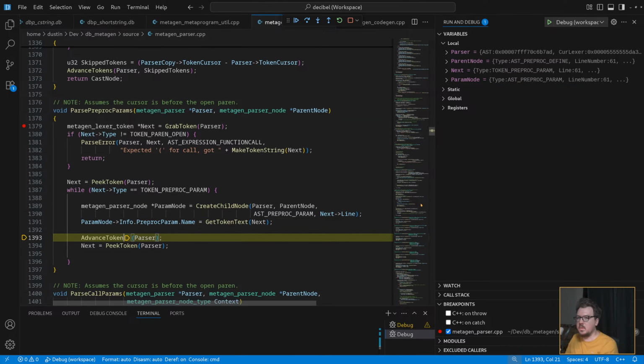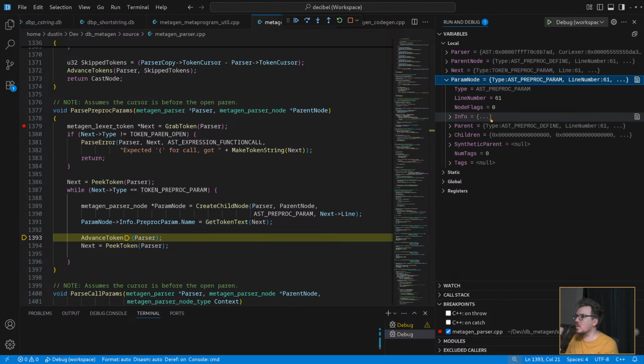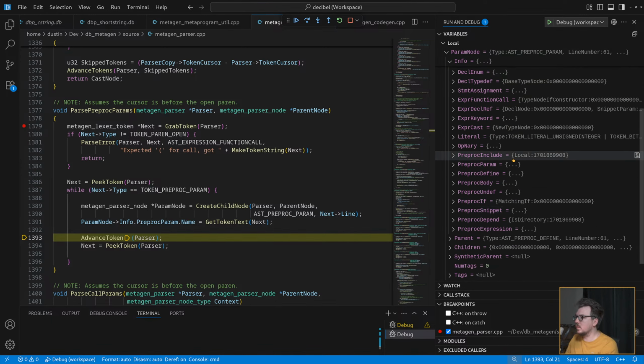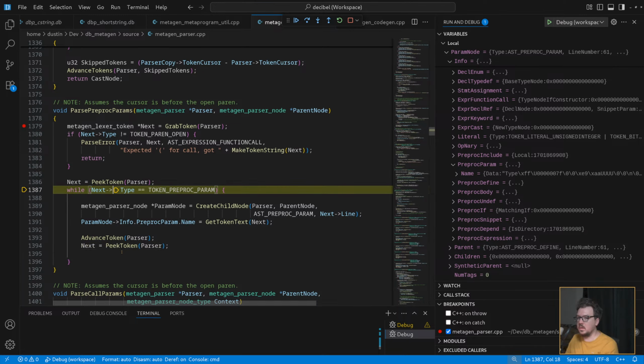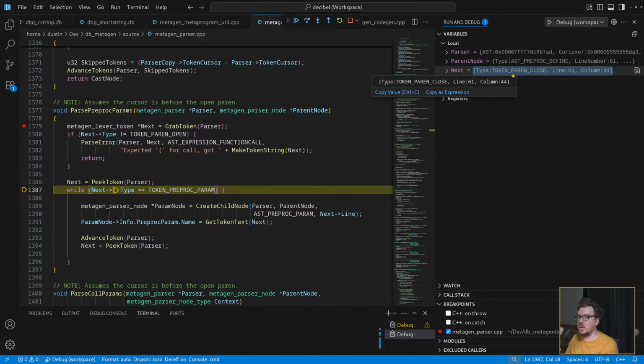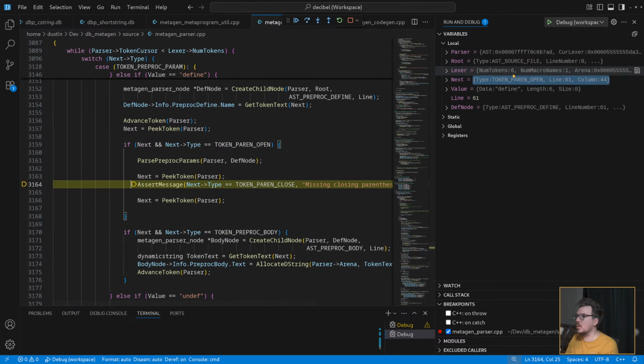Okay, so this param node is type. We skip past the param we just saw, and now next is a paren close. So we're done. Although next here is still... oh no, it's paren close. Okay, so we got it.